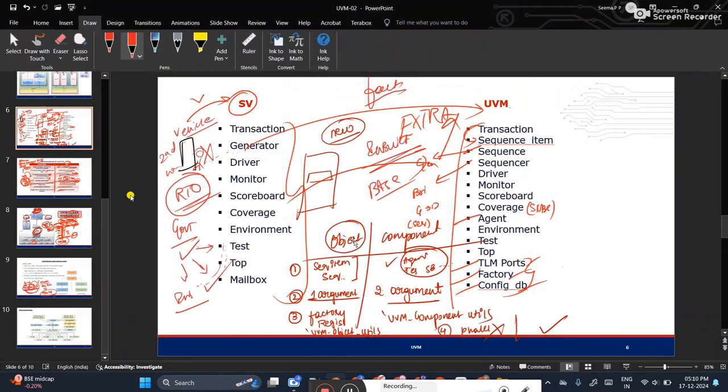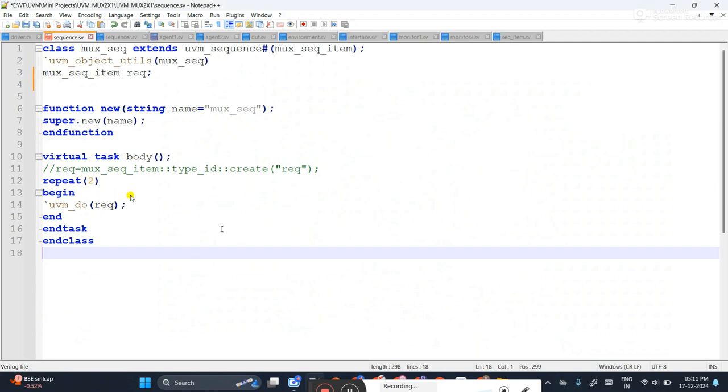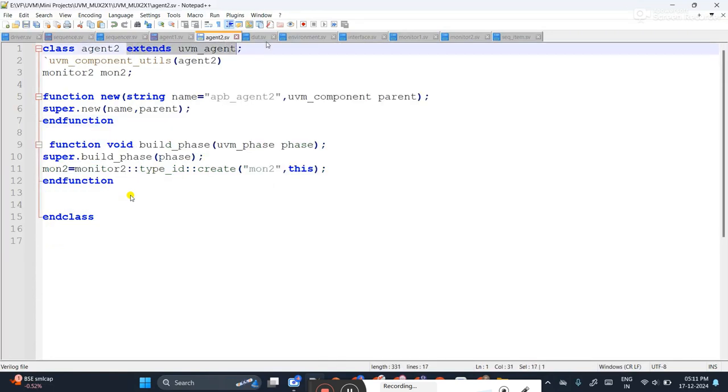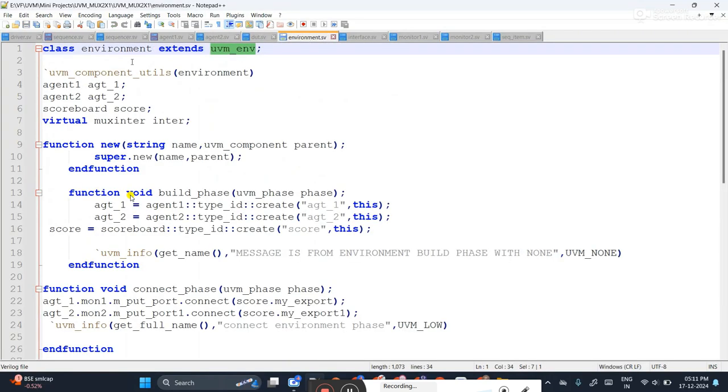Everyone please listen carefully, because UVM is such a subject which is constant, standard. In SystemVerilog, syntax was not constant. For every project you have to change the syntax. Here it is not like that. Exact same syntax you will be using anywhere you go, any project you work. So today with the help of class hierarchy, the first line you have to update. Only the first one line.